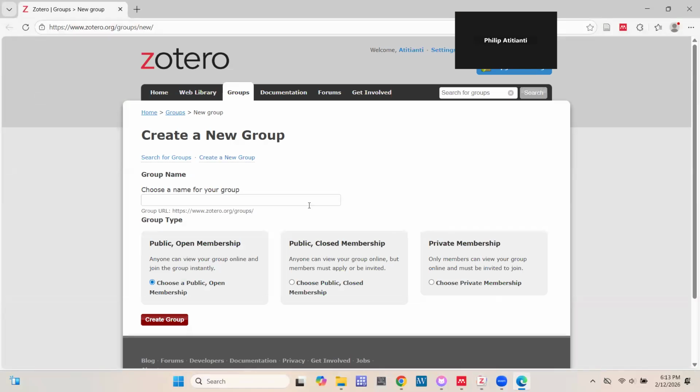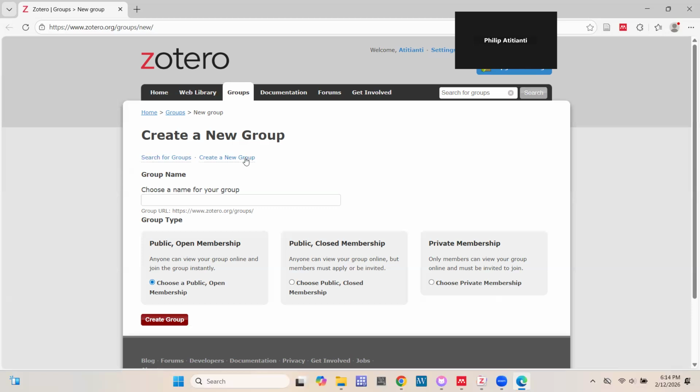If this is the first time you are accessing this feature, or if you have not logged into your account in Zotero, it would ask you to log in. All right, so maybe I'll just hold on for a few seconds. Since for some of you it is the first time you're using Zotero, it would give you the option to log in. So I'll give a few seconds to log in. And then once you log in, you should have a page similar to what you are seeing on the screen now. Okay, so it says here you can create a new group.